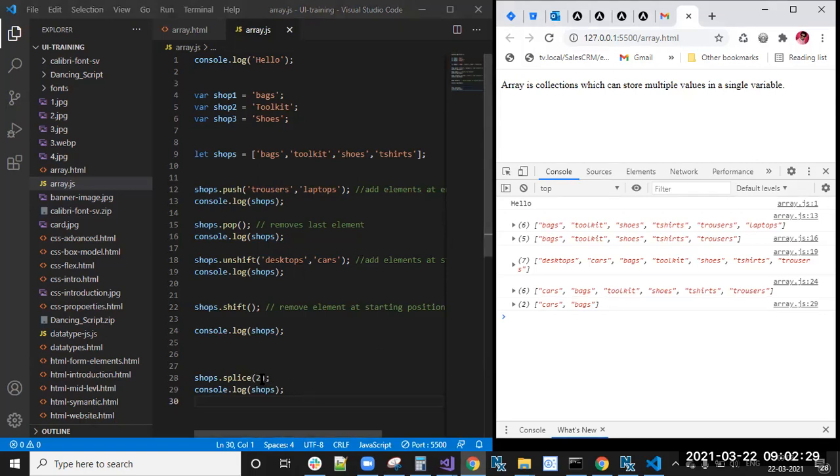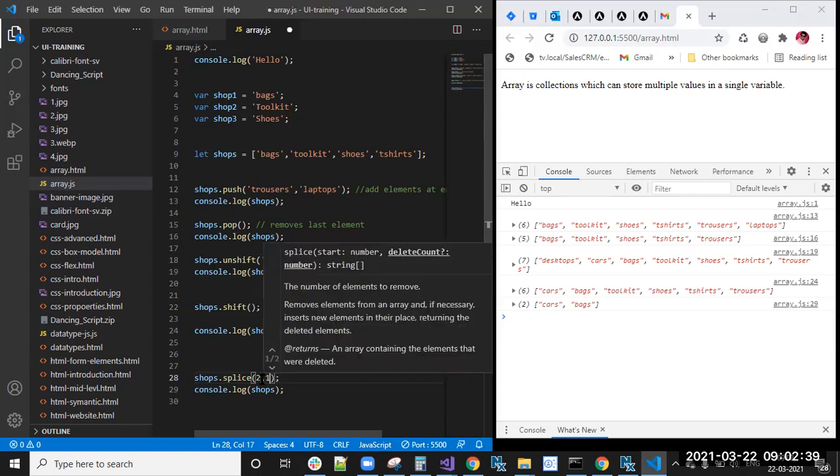Here it will accept two arguments actually, the starting position and the ending position. If you do not declare the ending position, it will take up to the end. But if you declare only one element, now you can see here after bags, toolkit is there, right?